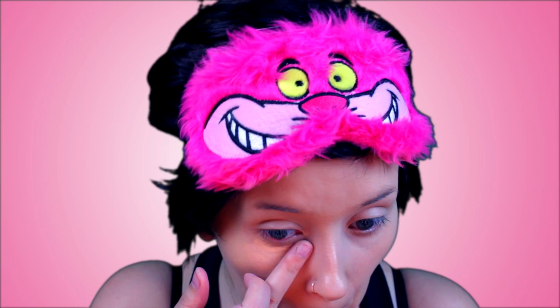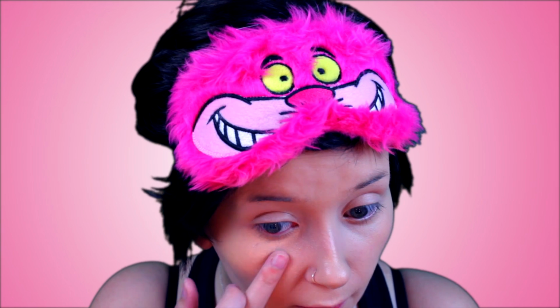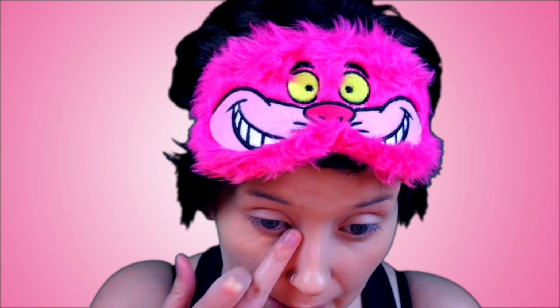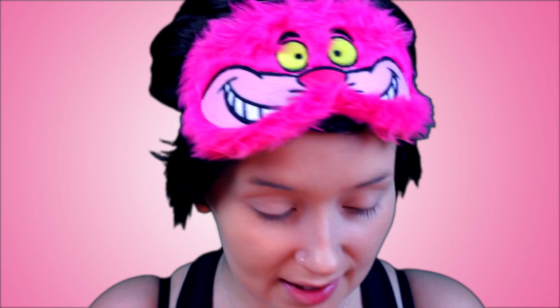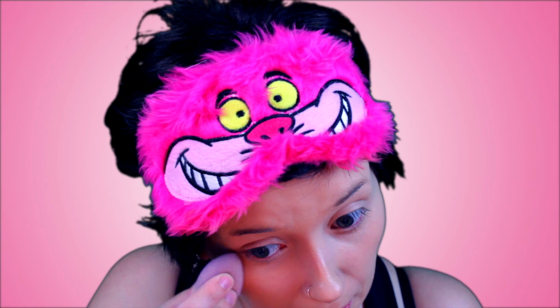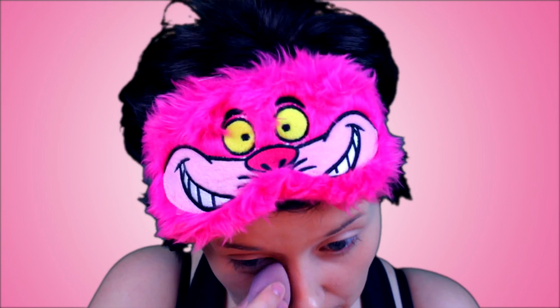What is happening? You're supposed to dab it with your finger. Yeah. I'm hating that. It's not going even at all. Let's see what happens. Maybe the least it'll do is add a bit more coverage. Does it look different to you? Because it doesn't really look that different to me. It looks like it made it slightly darker and that's about it. But it might have added a little bit more coverage, but